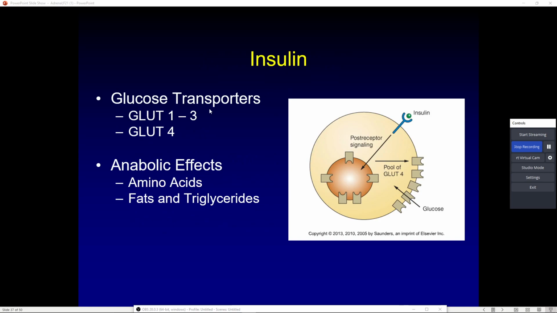Insulin is secreted by the beta cells in the pancreas. The beta cells produce insulin. Your body perceives an elevation in blood sugar and then dumps insulin into the bloodstream. It goes through the body, goes to the cell, and essentially insulin is the key that unlocks the door of the cell, okay, and allows the blood sugar to come out of the bloodstream and into the cell. That's the goal anyway.